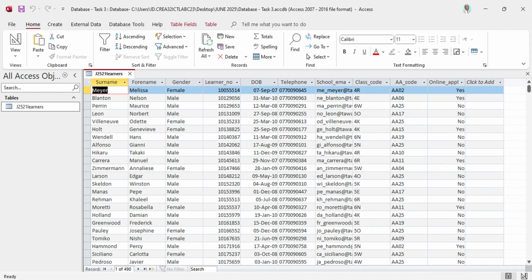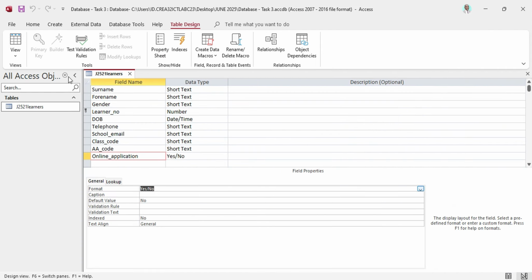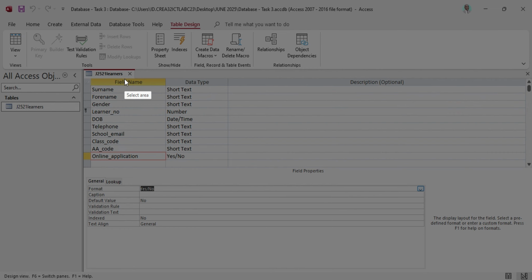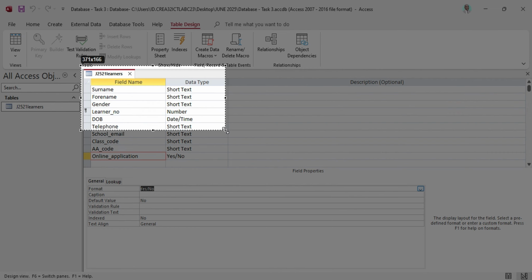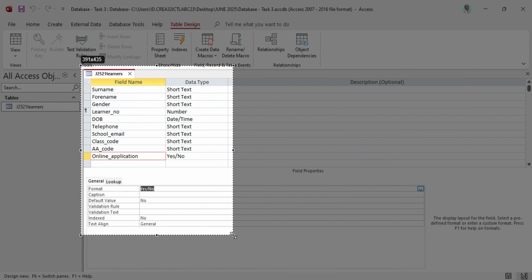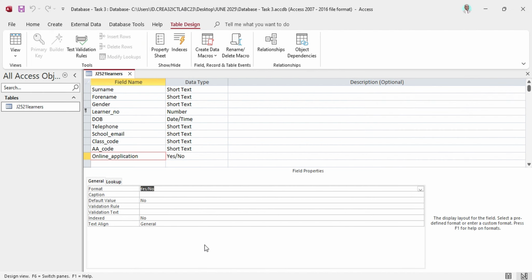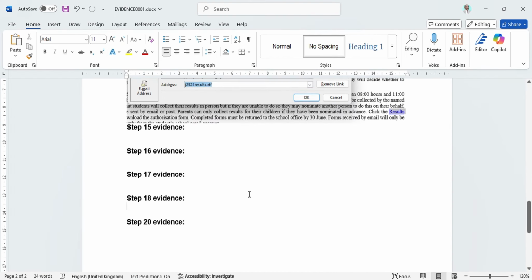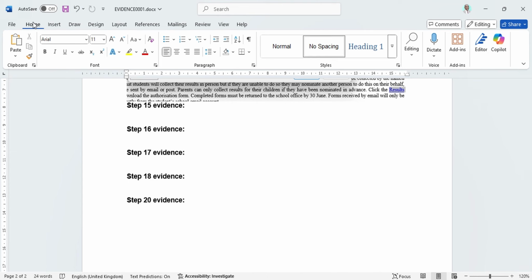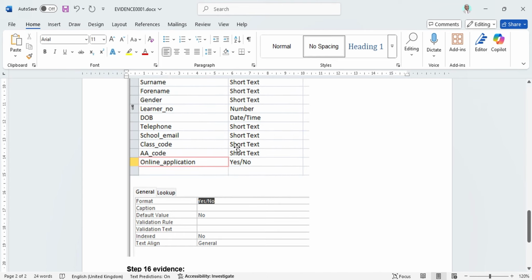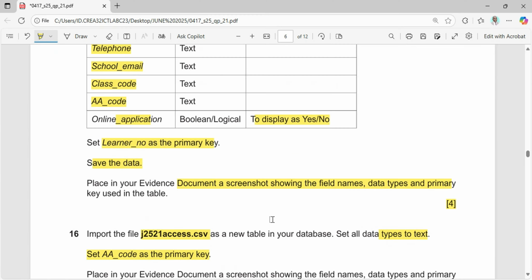So what I'll do is I'll come here, go to design view, then I'll take the screenshot, all of this. After I have saved, right click to save, then I press the print screen key on my keyboard, and I pick all of this, then copy, go to the evidence document, then I paste this, so it will show all of that. Then the next is